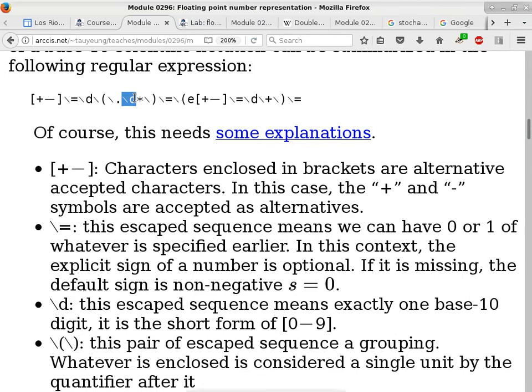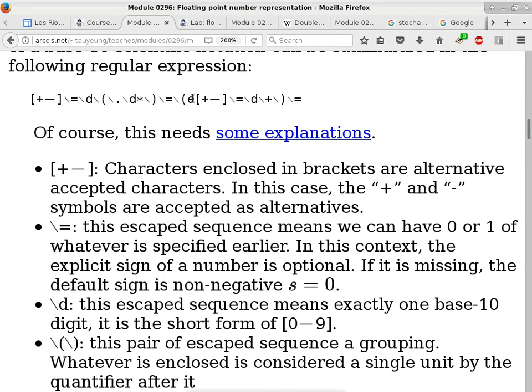And the E is basically a 10. Right, the E is an indicator of whatever follows is the power of 10 that we want to specify. So the E, if you want to use the exponent portion of a scientific notation, then the lowercase e has to be here, has to be at this particular point.